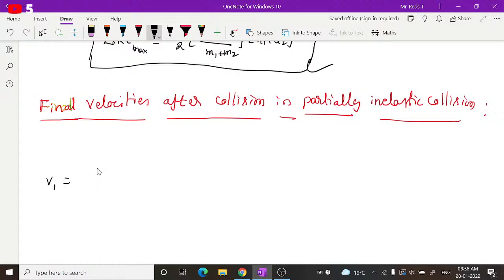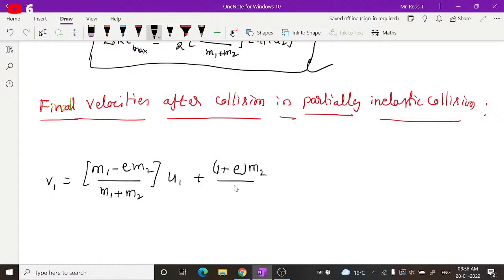V1 is equal to (M1 minus EM2) divided by total mass into U1, plus (1 plus E) into M2 divided by total mass